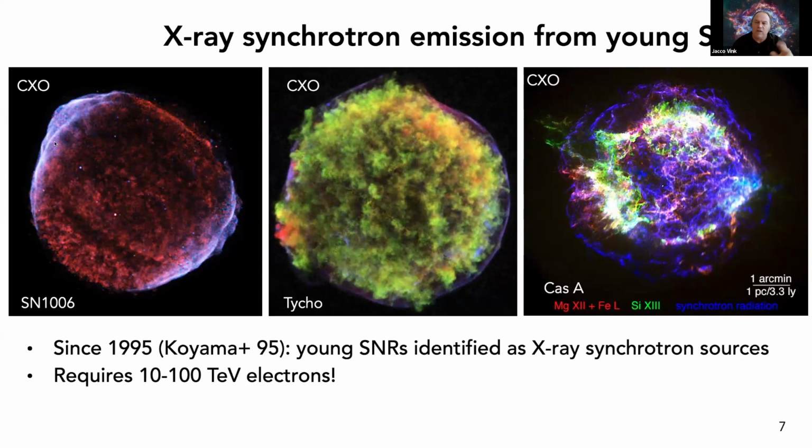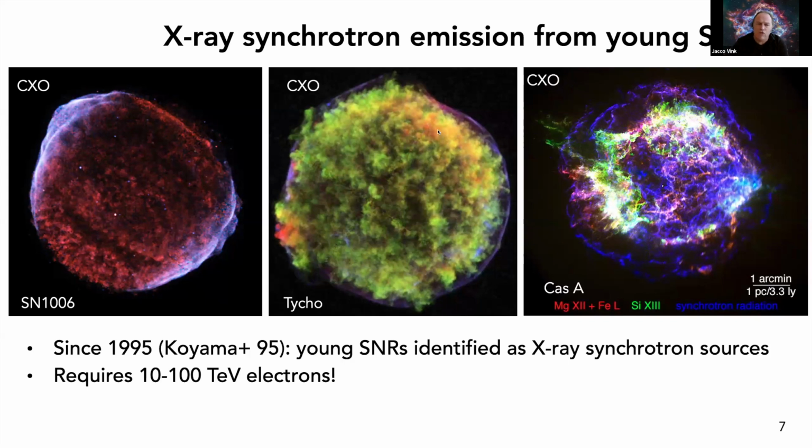So what this immediately establishes, of course, is that the particle acceleration should happen really at the shock front. If it was imposed by the supernova, of course, the whole thing should glow in X-ray synchrotron radiation. But it's really at the shock front where we see the synchrotron emission. The same goes for Tycho supernova remnant 1572. And here you see in blue-purplish also X-ray synchrotron emission, and it's a very thin, narrow rim here. The green stuff here is silicon emission, freshly made silicon. And the red stuff here is what you see from iron in X-ray.